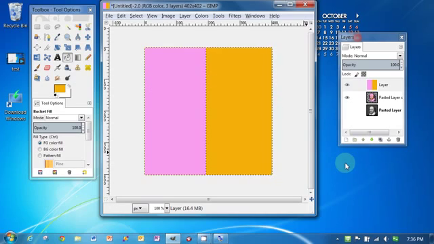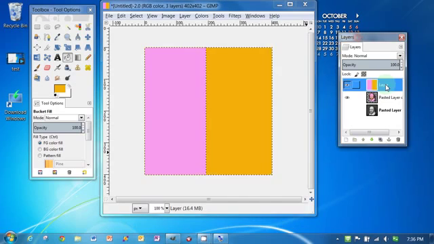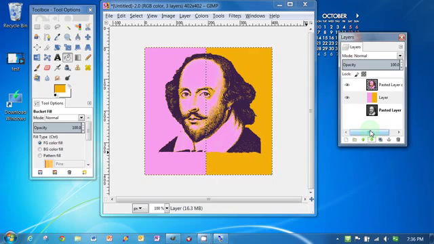And so of course now William Shakespeare is behind the layer, so we need to move this layer down, and you can do it by just grabbing it and dragging and dropping, or you can use the arrows down here. So there we go. Okay, so we do need to add one more